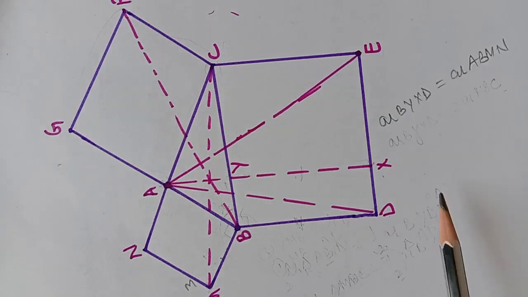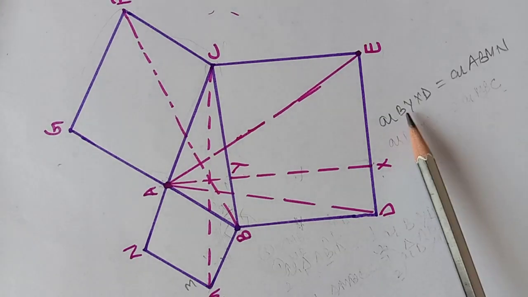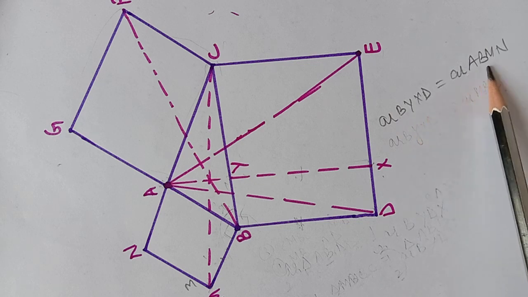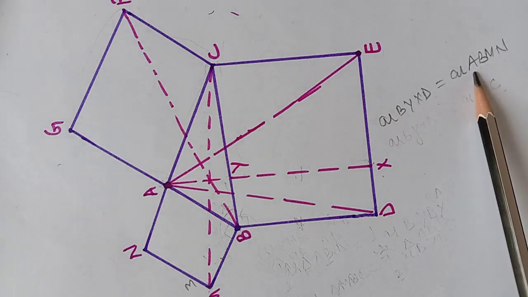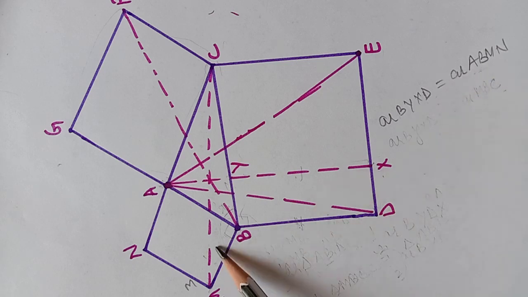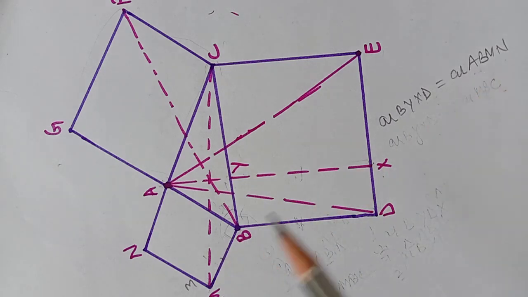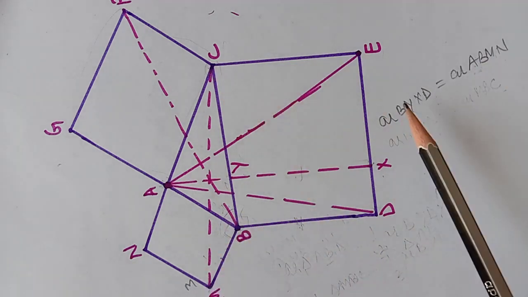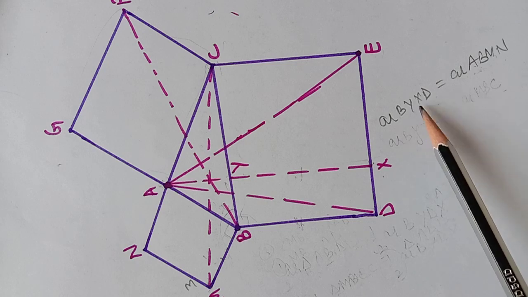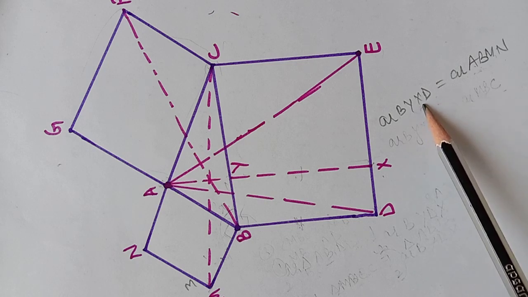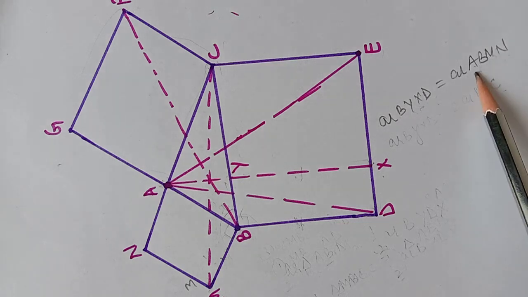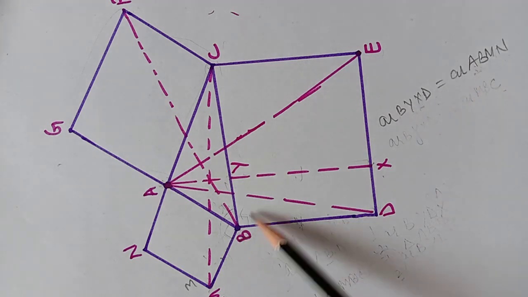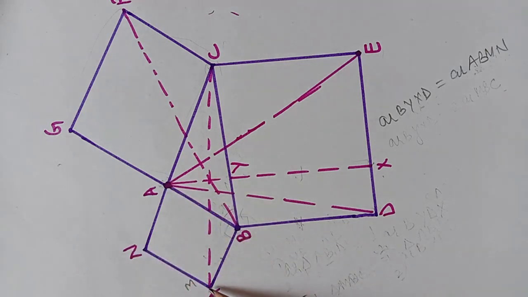So the third part of the question is we have to prove that area of BYXD is equal to the area of ABMN. We have to prove that the areas of these two parallelograms are equal. This is also a parallelogram because all squares are parallelograms. I already proved that MBC is double of the area of BYXD. If I prove the same thing with ABMN, then we can say that they both are equal to each other. So ABMN and triangle MBC